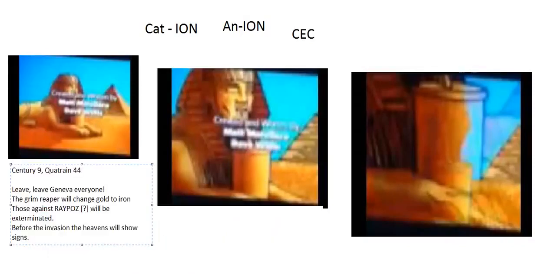Now, if you have to blow up your screen to look at this. This is from Nostradamus, the 9th century, his 44th quatrain. It says, leave Geneva, everyone. Geneva is where CERN is. The Grim Reaper will change gold to iron. The Grim Reaper is Saturn, right? Because that's who that is. Will change gold to iron. Those against Raypaz, now you're talking,